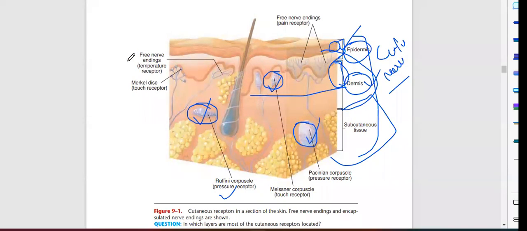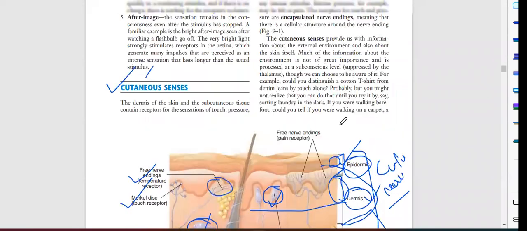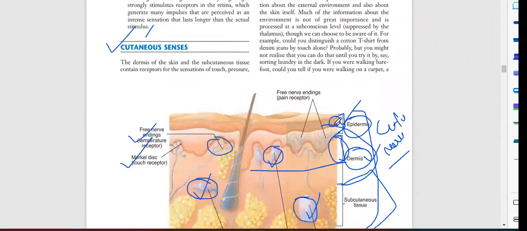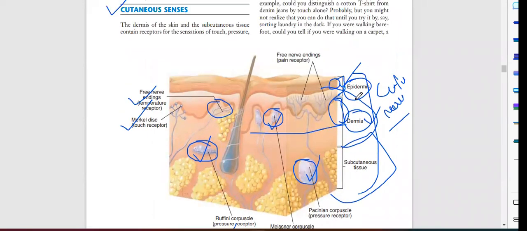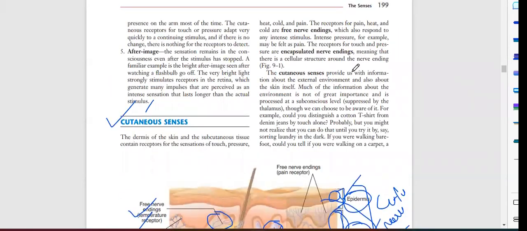And here we have temperature receptors. These are the nerve endings. Okay, here we have touch receptors. Again, we have touch receptors. Okay, so these are the multiple receptors present in the dermis and subcutaneous. Okay, so mostly the receptors for heat, touch, and sensation, whatever sense you have, are present in subcutaneous tissue. So ज्यादातर जो हम सेंसेशन करते हैं ठंड का, गर्म का, दर्द का,